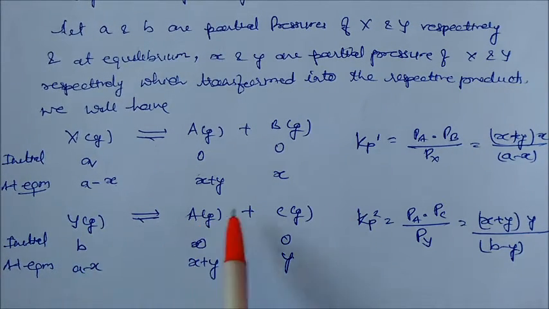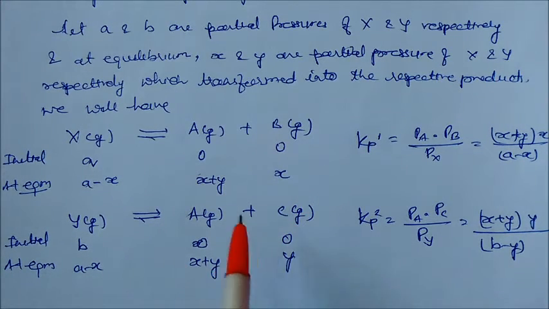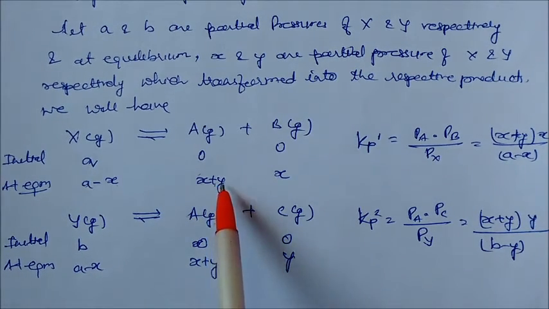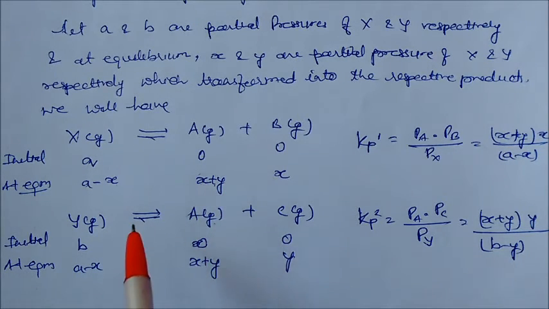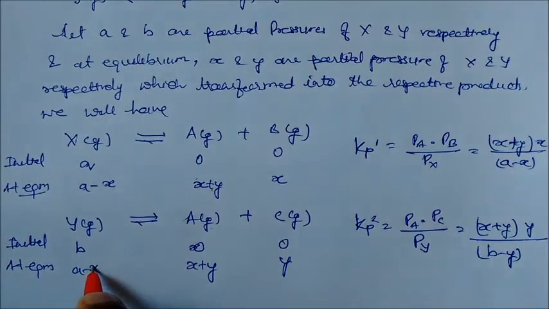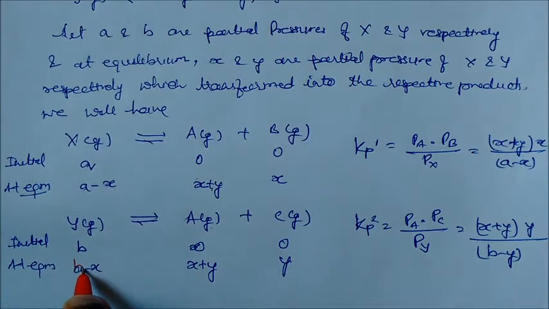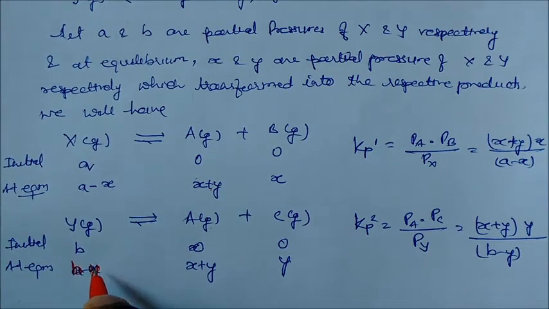So Y is converting into A plus C as per the equation. So b is the initial partial pressure, and the products are 0 and 0. Now this will dissociate into y and y. I am not taking X here. Since these two are common gases, we have to add x on this side and y on this side. So this y is added this side and this x is added this side. So now this becomes your common pressure, and this will be actually a minus x, and for Y, b minus y. Just to make the correction, this is b minus y.